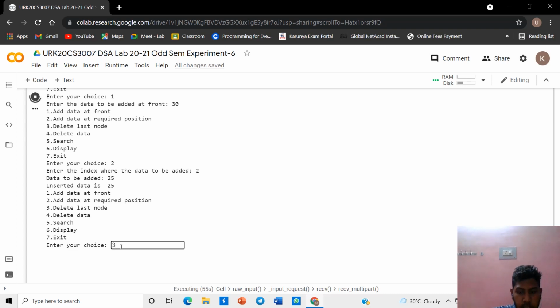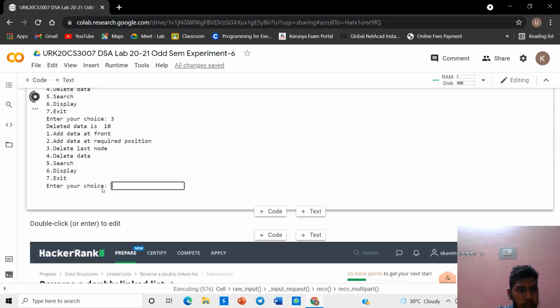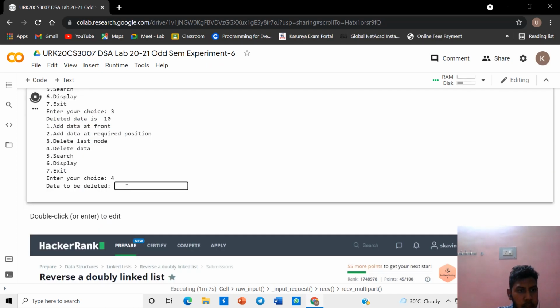I give 3 choice. Deleted data is 10. After that I delete the given data. For that I give 4 and what data to be deleted. I want to delete 20